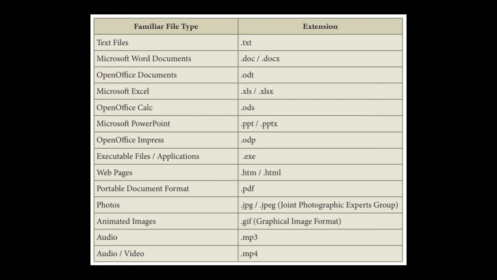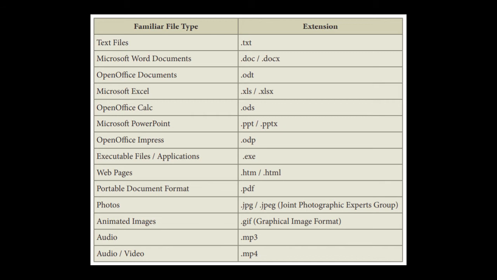And for web pages, we all know how you will design a web page. We have seen last year itself in HTML, right? So web pages and all will have the extension .htm or .html, okay? For a PDF file, we all know .pdf. PDF means, what is the full form? Portable Document Format, okay? Photos and all, we know .jpeg or .jpg, right?